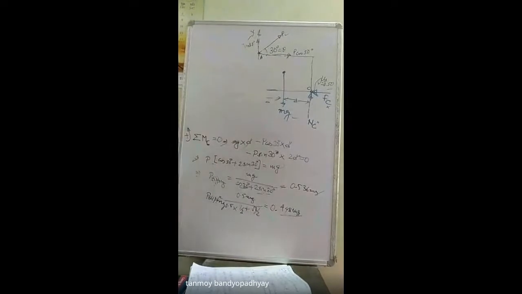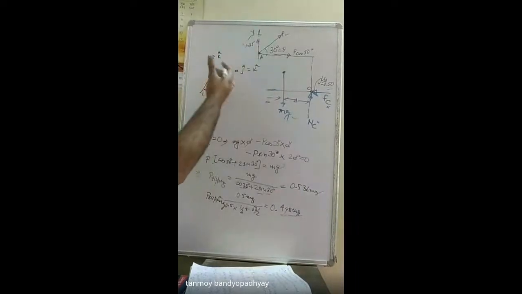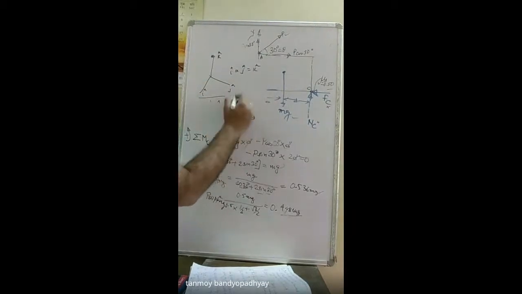But whenever you are considering moments, at least you have to see that this ijk is satisfied. So i cross j becomes equal to k. This must be satisfied. When I make i cross j, I should reach the k direction. So this direction you must maintain. Suppose I am taking x y here. If I now take x cross y, that gives me a negative moment. So what positive convention you are taking, you have to define initially.